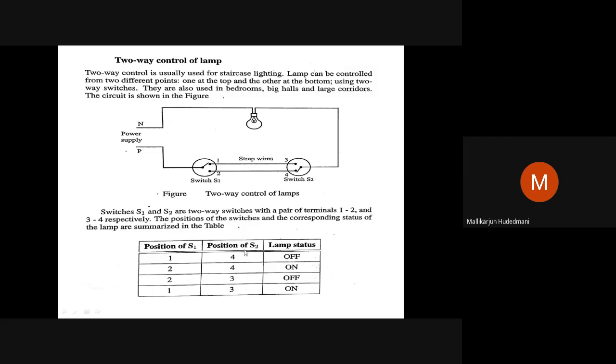So how do I do it now? You might be aware, you have learned basic electronics. 2 raised to 2, there are 4 combinations. Combination 1, 2, 3, 4. This is like a logic AND gate. High, high, high. High, low, low. Low, low, logic condition valid. And low, high, not like that.